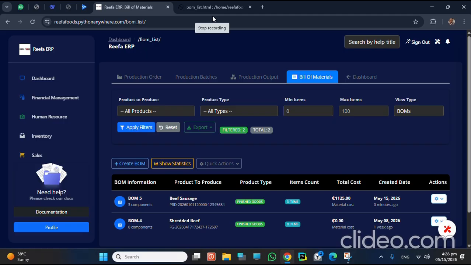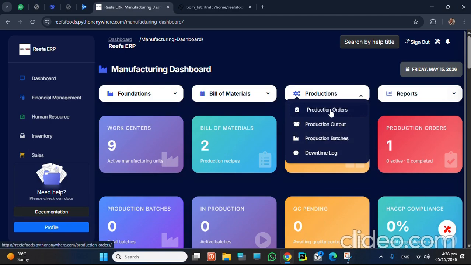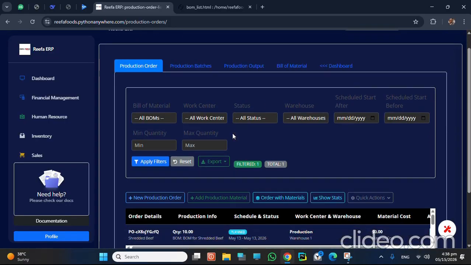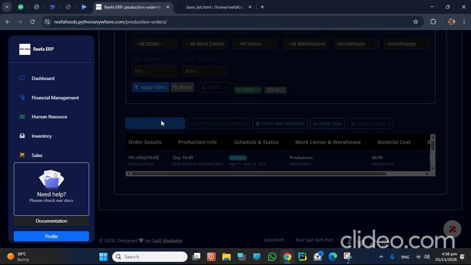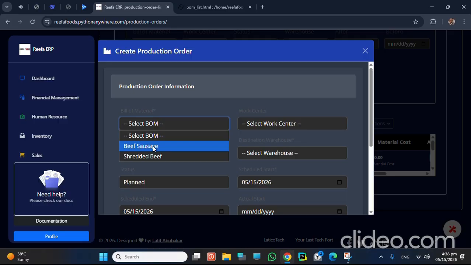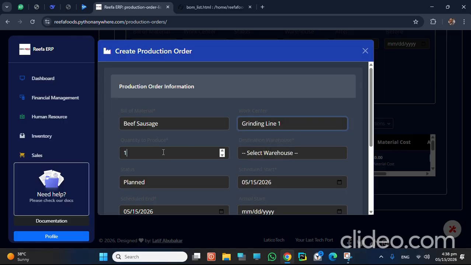So next we'll be looking at the production order. So you come to the same dashboard, click on production, select production orders, and then you click to create new production order. Now what you do is to select a bill of material. Remember, we already created a bill of material, and that is to show you how to create that particular product. So then you select the work center. I will just take this one, and then you look at the quantity to